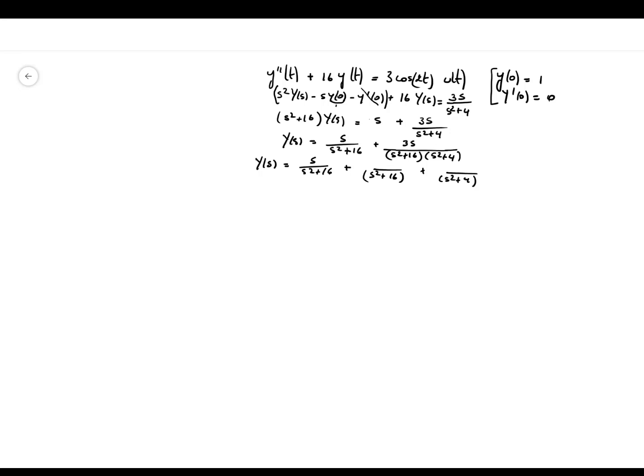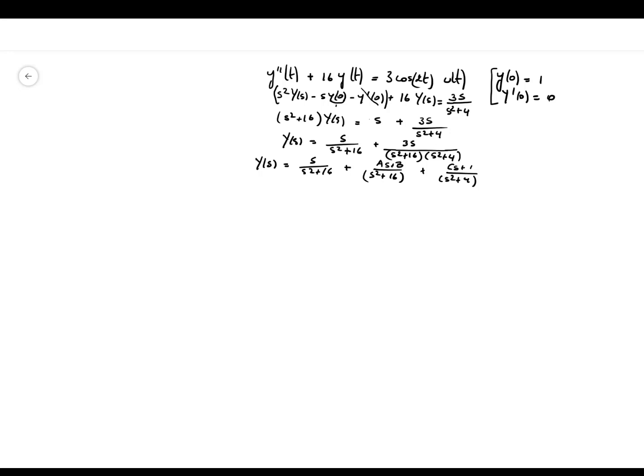Okay, so we have a fourth order, so we expect 4 constants in the partial fraction expansion. So the numerator will be first order. You remember that this needs to be of relative degree 1, so it's as plus b,